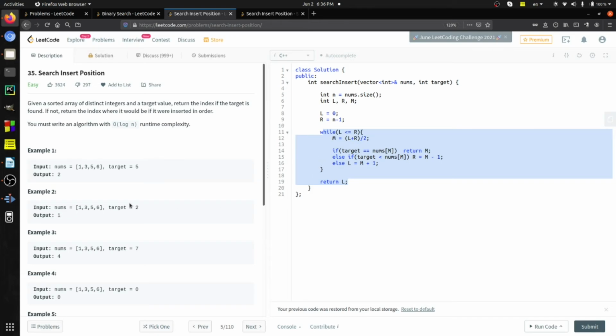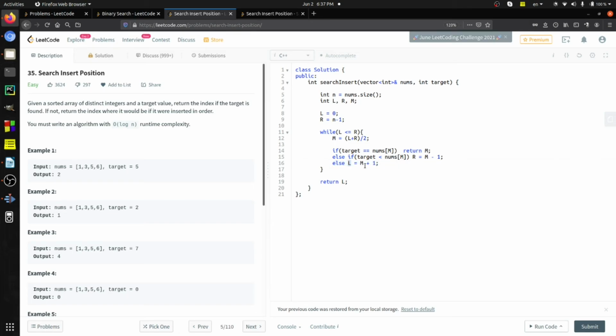in our mind. Okay, so let's assume the middle point is now 3. So it will check with 3 and the target value is less than 3. So now my right pointer will get updated and it will also point to 1, and the left pointer is also pointing to 1, and the middle point and the middle element will also be 1. So it will again compare with 2. Now 2 is greater than 1, so it should fall in the last condition. Now L will become m plus 1.